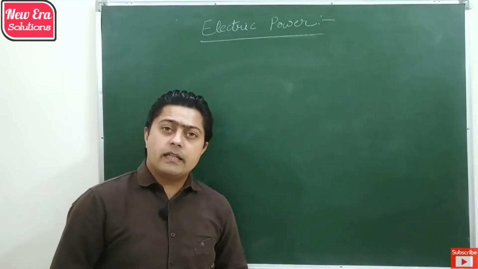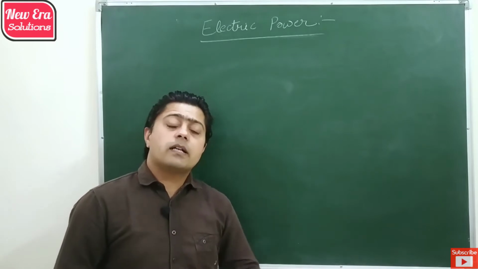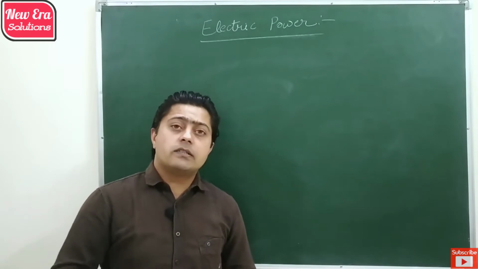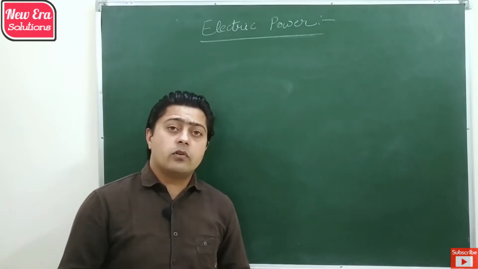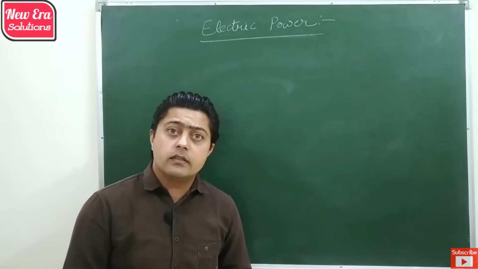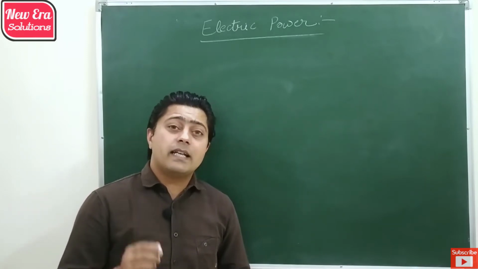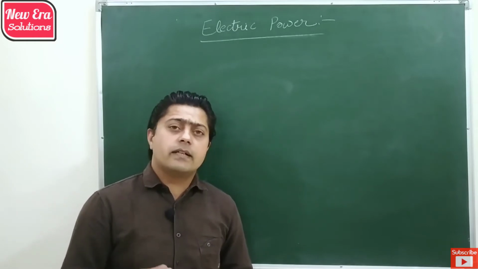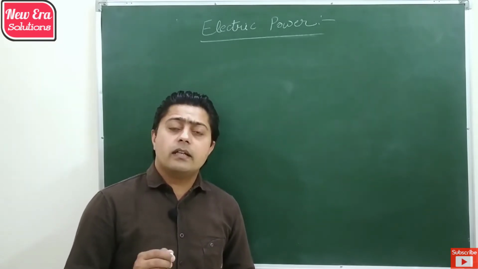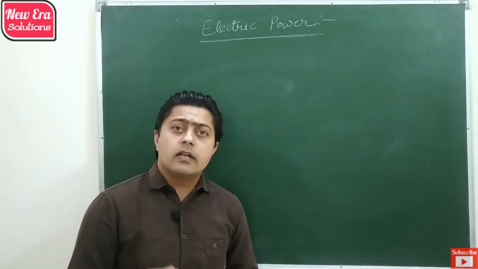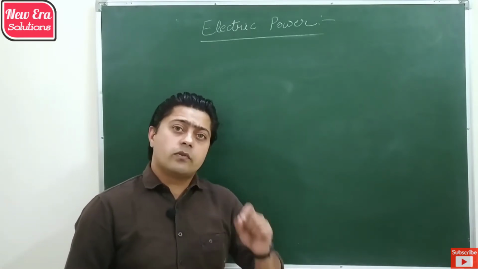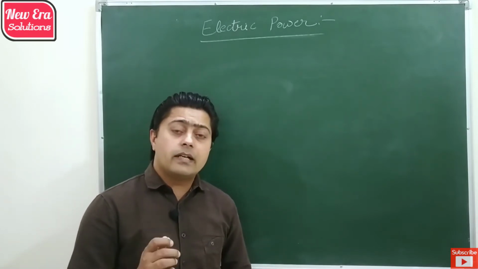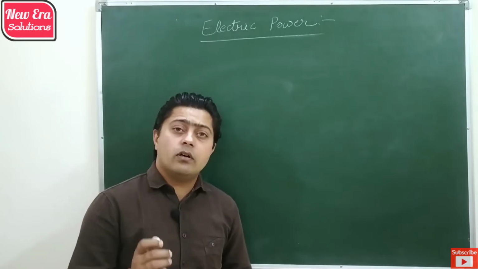So the next topic is electric power. So electric power can be defined for both source as well as the device. If we consider about source, the electric power of source is the rate of work done by the source to maintain the electric current through the circuit. And similarly, for the electric device, the electric power is the rate at which energy is converted from one form to another by the device. So in both the case, electric power is basically the rate of work done.